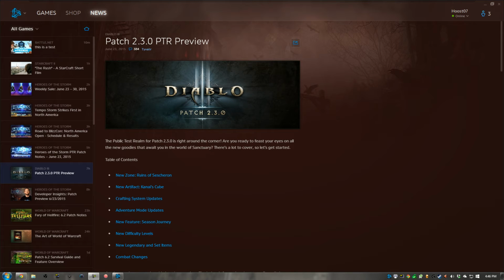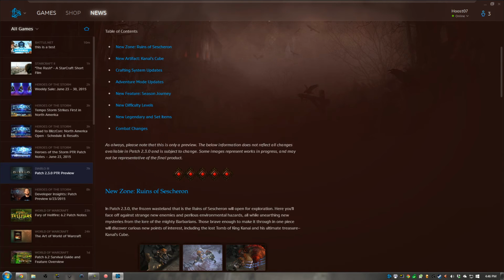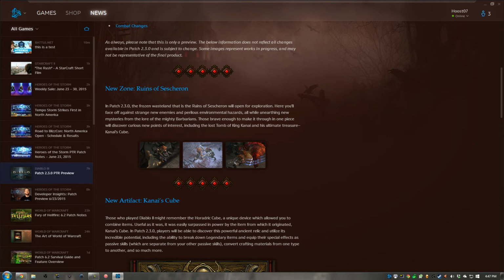So this is a pretty major patch. It just went onto the PTR preview today, and I'll take you through item by item what they're going to be showing off. So the first thing is that there's a complete new zone called the Ruins of Sescheron, and